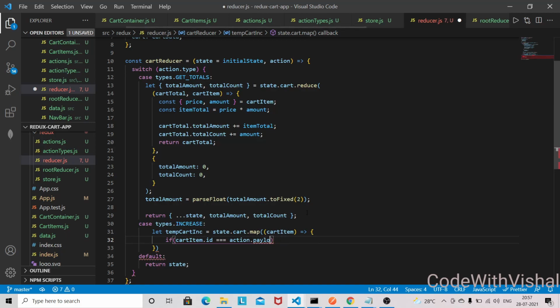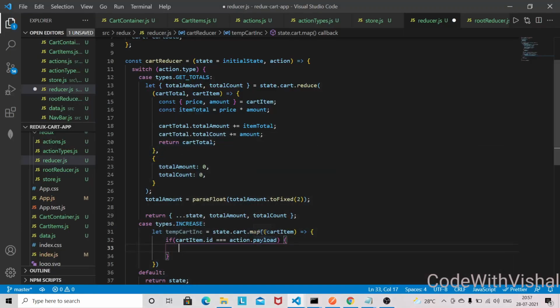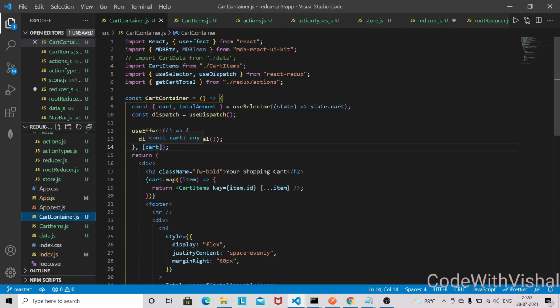So here we are matching the id of the product, and if they match, then we are going to increase the quantity, as well as we need to update the value of this amount as well. And this will automatically update because we are dispatching the action whenever you are changing anything in your shopping cart.